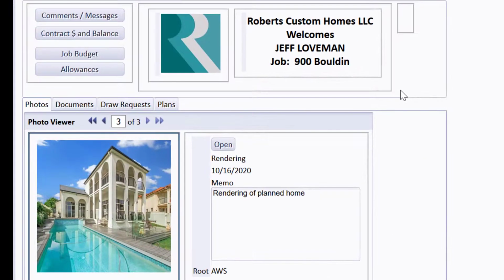Now I've opened real quickly what we call a customer portal, in other words your customer's portal, that you can give them a login and give them a password that they can get into. Now if it's a prospect, you can go ahead and set them up in CHS, mark them as a prospect, and give them access to something like this, and only give them limited buttons for them to see. Once they become a real